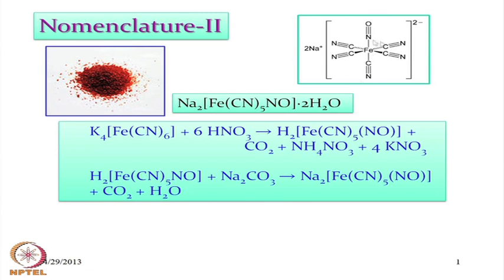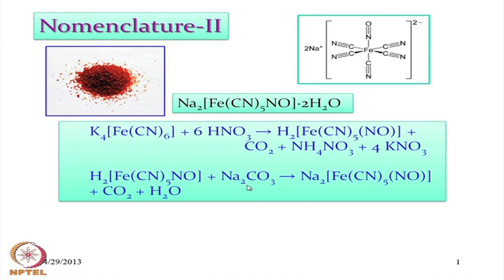So, we get this particular anionic species, but in protonated form, that means H2 salt, the corresponding H2 salt is also possible with the liberation of carbon dioxide and separation of ammonium nitrate and potassium nitrate. Then in the next step, this acid form of sodium nitroprusside, that means the protonated nitroprusside, is